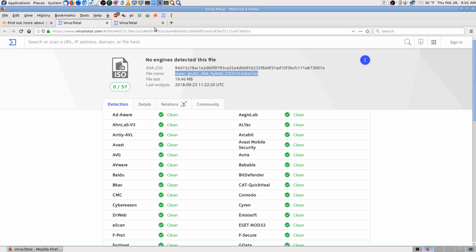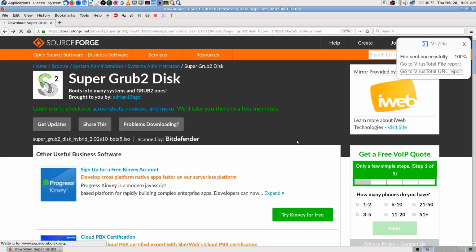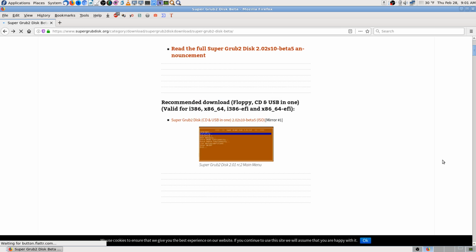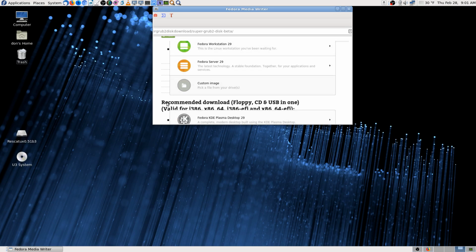So, I never used to worry about that with Linux ISOs and stuff, but a couple of times over the years, I've been using Linux since 2005, so I've got quite a few years of stories I could tell, but I'm going to go back to that page. But I actually got, several years ago, the main website got attacked and infected. Their download was infected, their ISO was infected with,